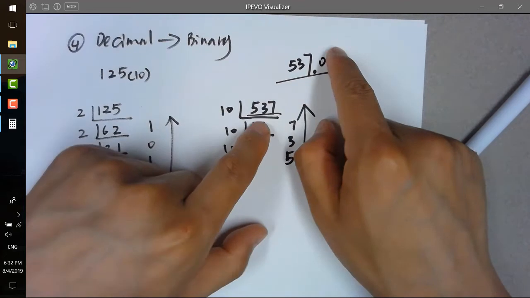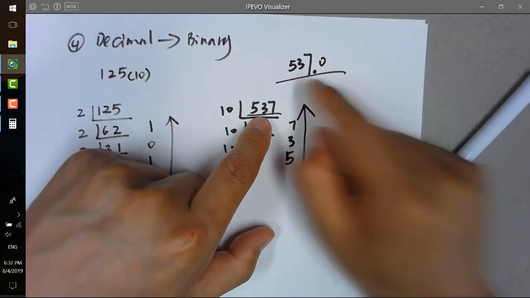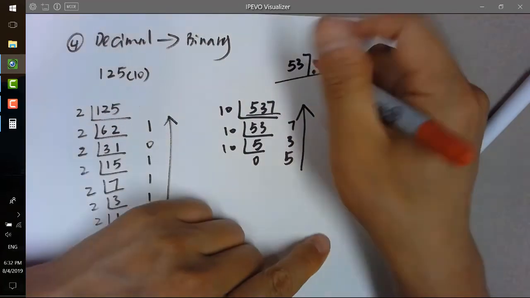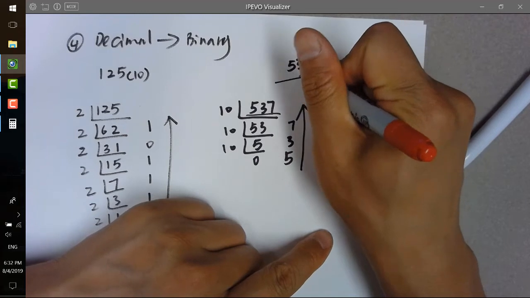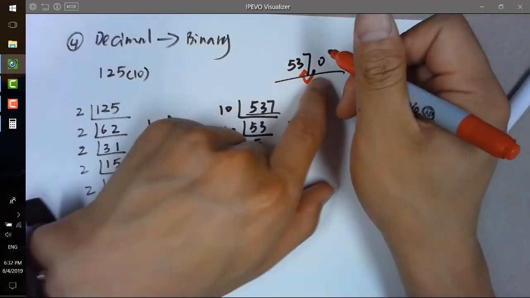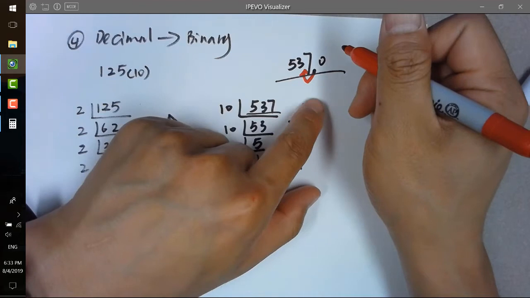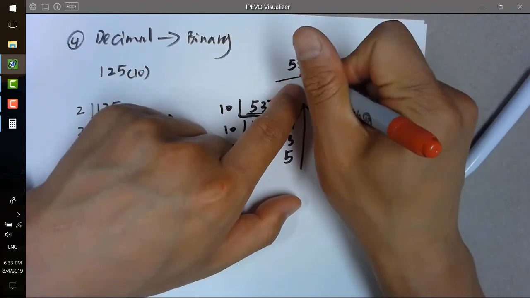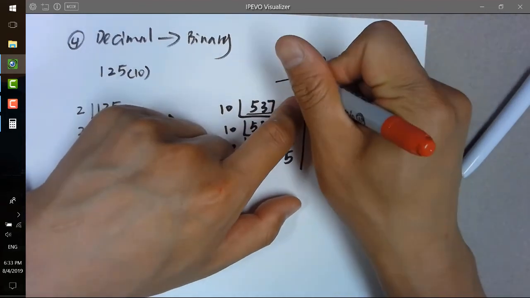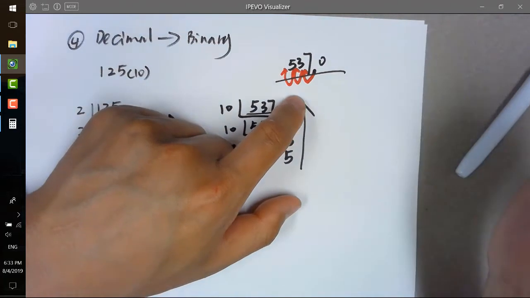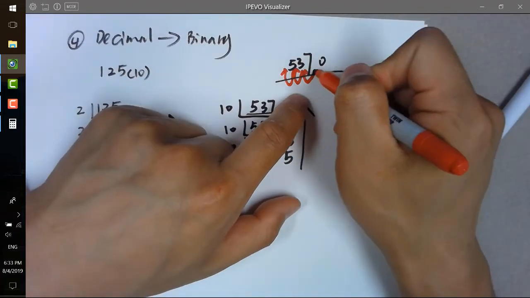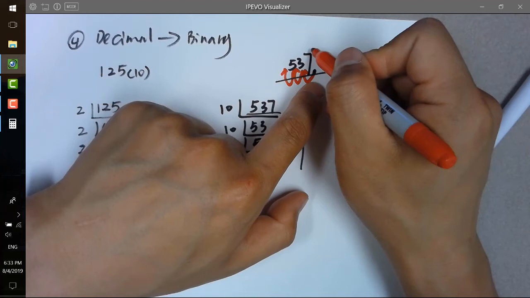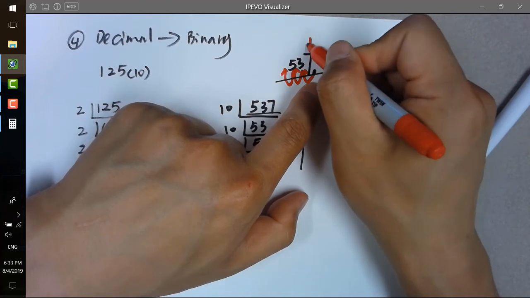That's the same number here. And whenever you divide this number by 10, you actually shift this decimal point to the left by 1 digit. Okay, you divide this number by 10 again, you move it one more time, and one more time, right? And every time you move the decimal point, you got a remainder here, which is actually this digit,